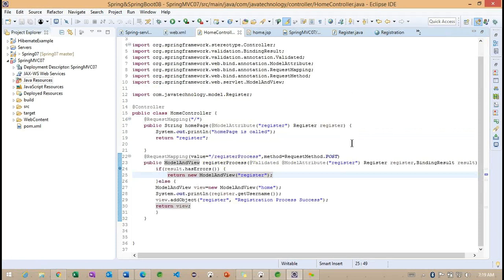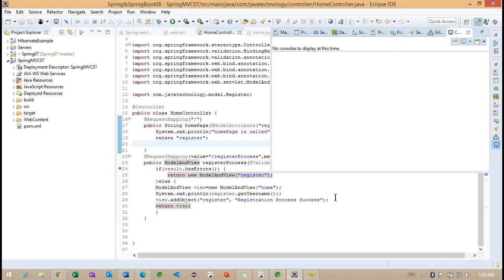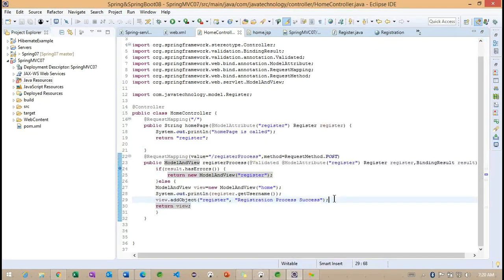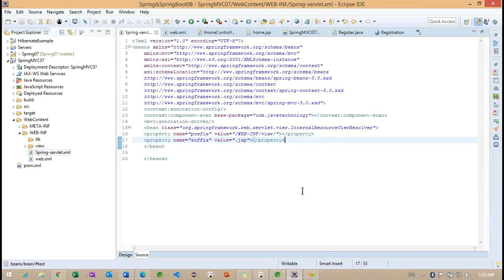Okay, so what we can do is move on to another concept, except this. The Spring related examples are completed as of now. On Friday I explained how to communicate with the database, working with Spring MVC with Hibernate or JDBC, because all the examples we covered already. You just need to specify the Hibernate configuration or JDBC configuration related information in the file called spring-solid.xml to work on those examples.